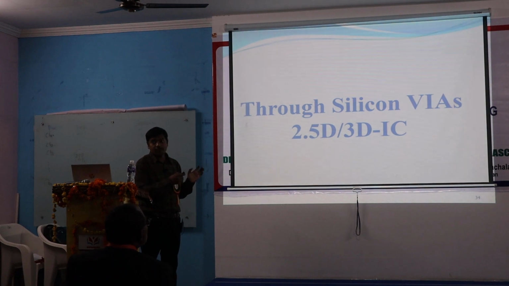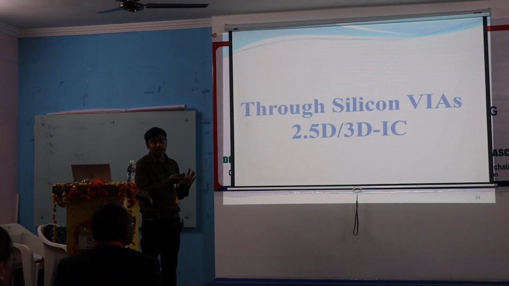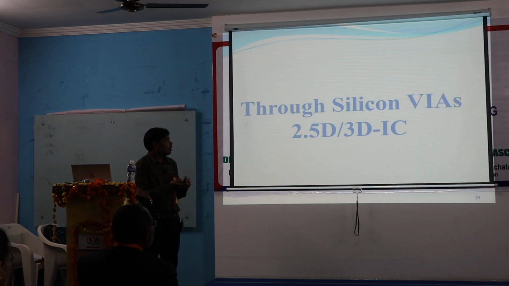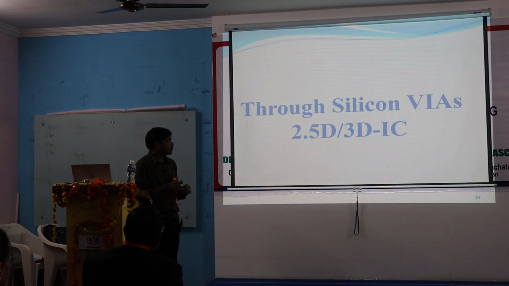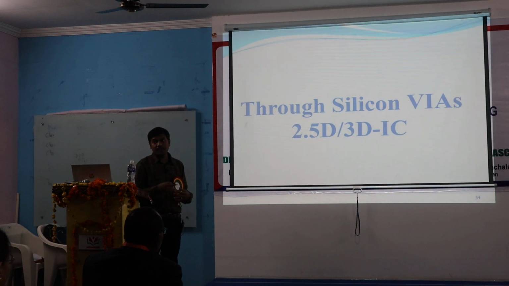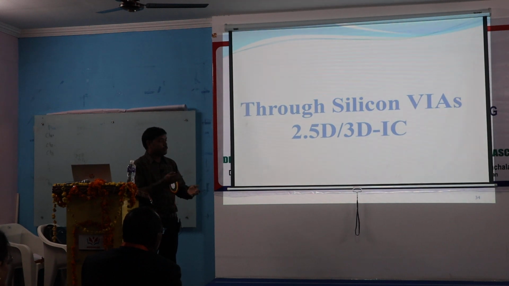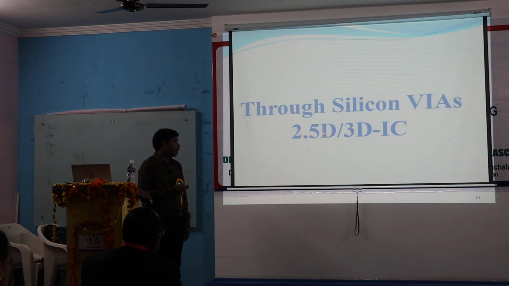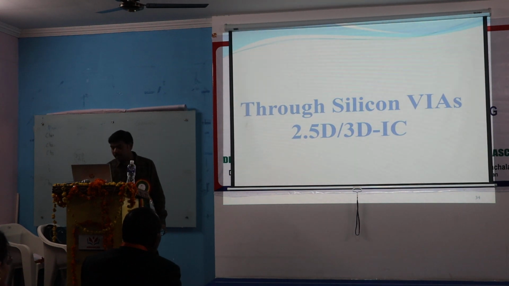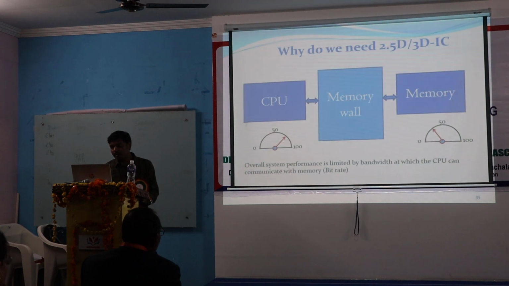So I just wanted to give the idea of what is 2D and 3D. In detail I don't want to go. If time is available, then only I will discuss. So the conclusion is that all the chips we are currently using are 2D ICs, two-dimensional ICs. And if you place the dice vertically, that is a 3D IC, and 2.5D is in between. So this one we will try to discuss later.